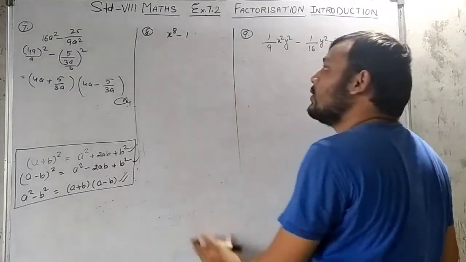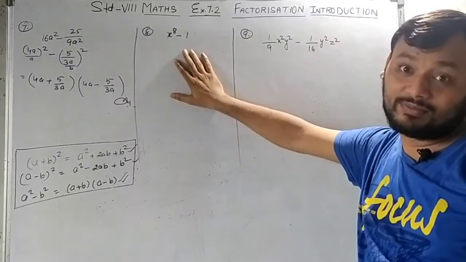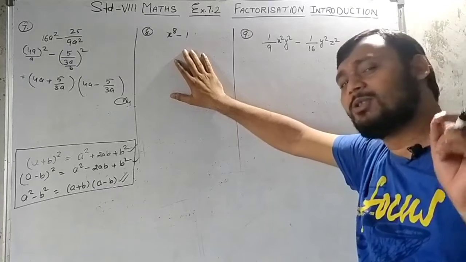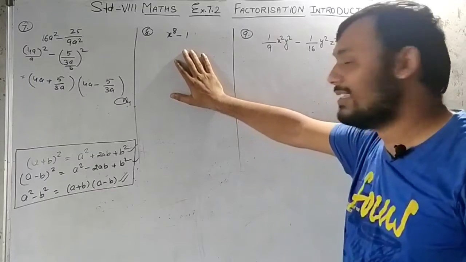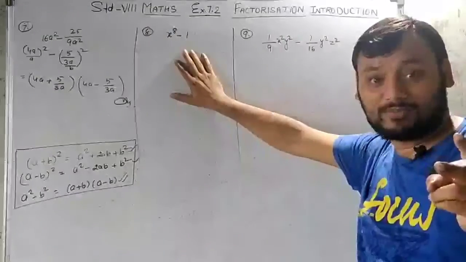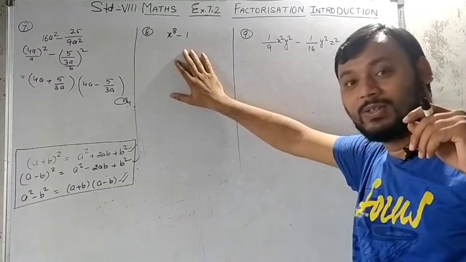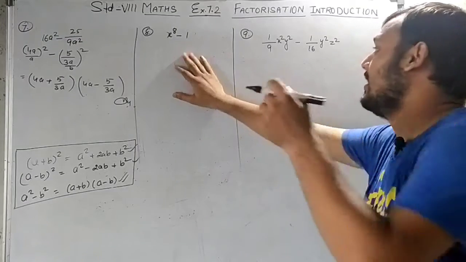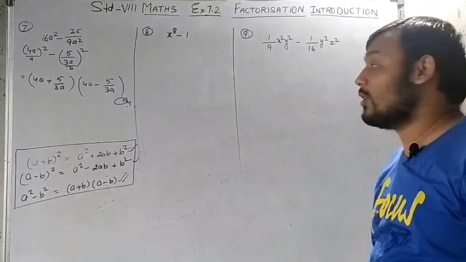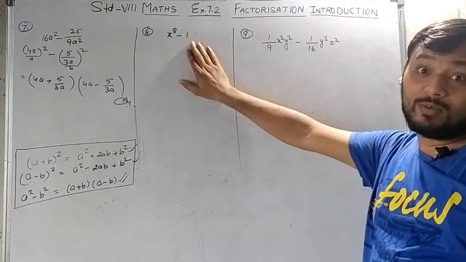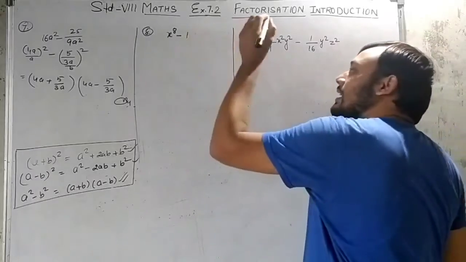So now we are going to move towards the next question. It's a very interesting question because power 8 is there. It's a problem for us, but we have to tackle it, don't worry. Not a problem. Let's have a look. If you can do it, please just do it. Otherwise, I'll tell you. Okay, so let's start, 1, 2, 3. X raised to 8. This x raised to 8, it's all right, but here 1, what can we do about 1? The power of 1 is 1, so what to do? There is nothing to do.